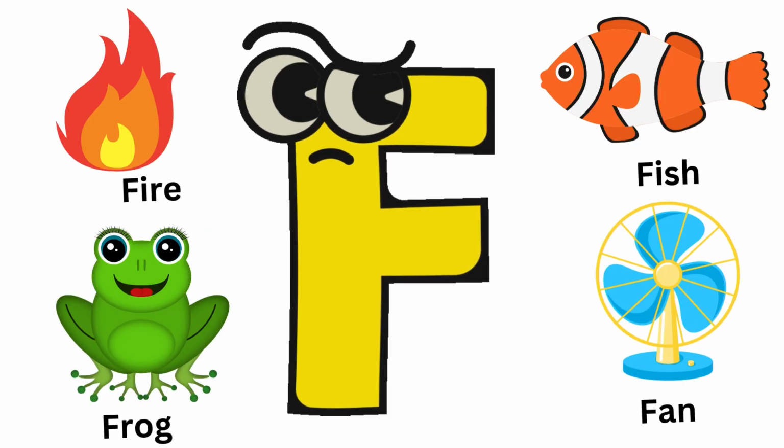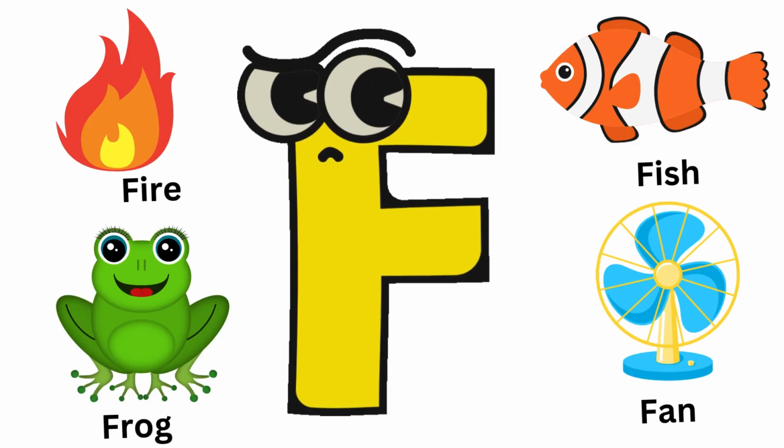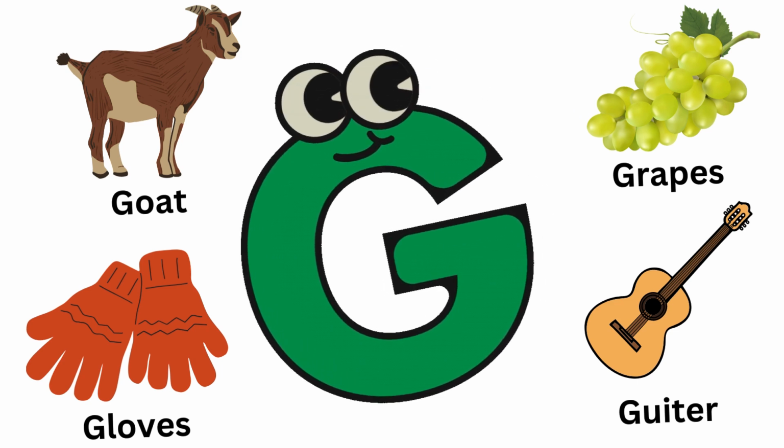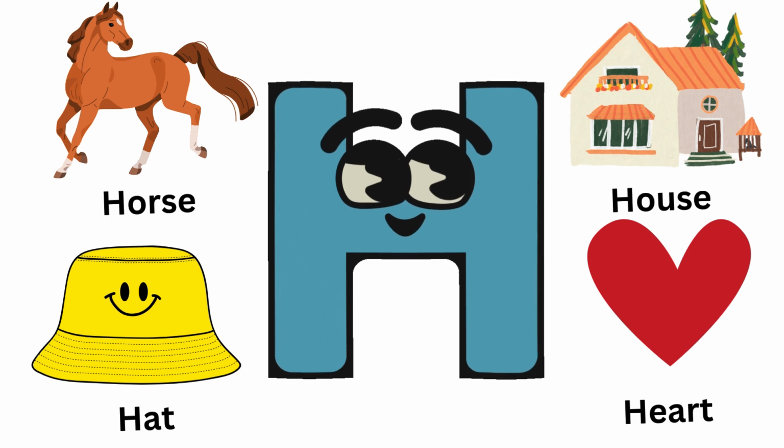F is for fish, F is for frog, F is for fan, F is for fire, G is for goat, G is for grapes, G is for guitar, G is for gloves, H is for hat, H is for house,